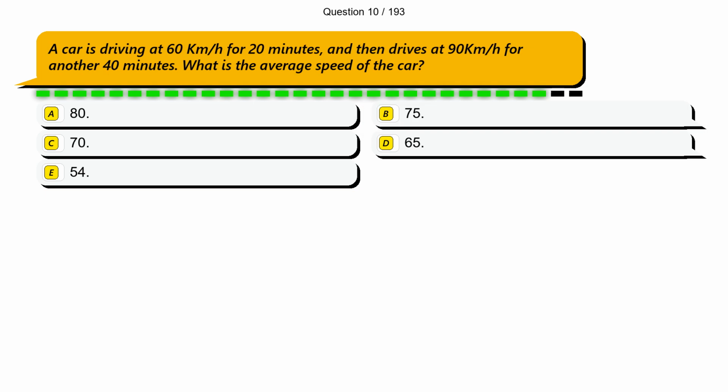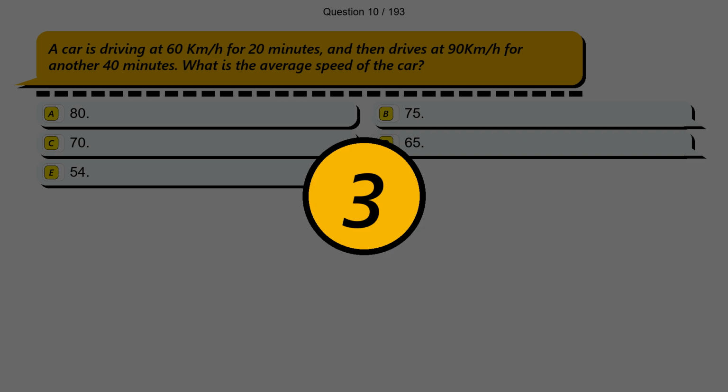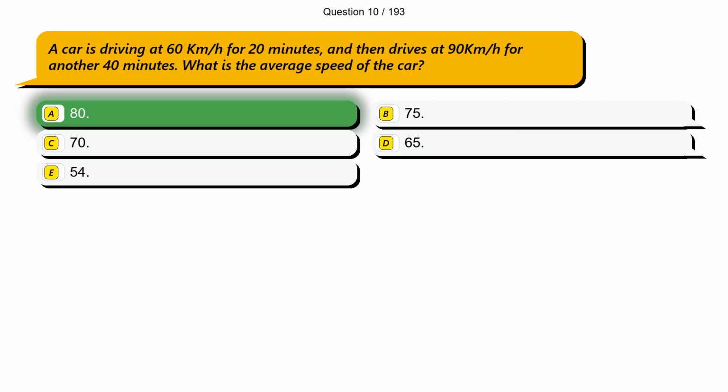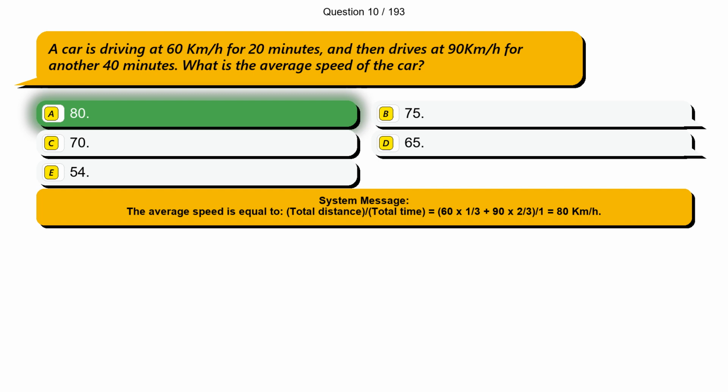Question 10. A car is driving at 60 km per hour for 20 minutes, and then drives at 90 km per hour for another 40 minutes. What is the average speed of the car? Option A 80, option B 75, option C 70, option D 65, option E 54. The correct answer is option A, 80. The average speed is equal to total distance divided by total time, equals 60 x 1/3 plus 90 x 2/3, divided by 1, equals 80